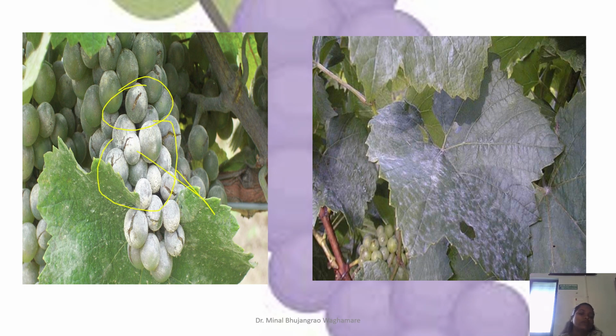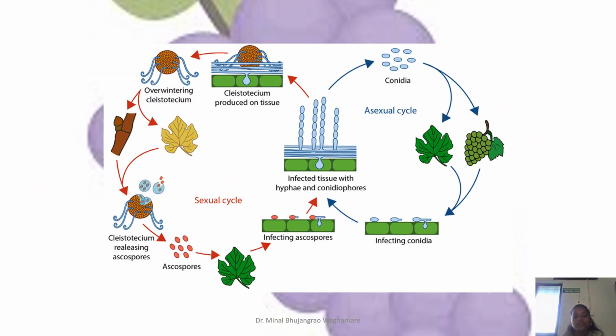This is a whitish fungal mycelium growth we can see on the leaf as well as berries. Coming to the life cycle, basically two spores are formed here. A sexual spore is a conidia and sexual spore is a ascospores. Whenever